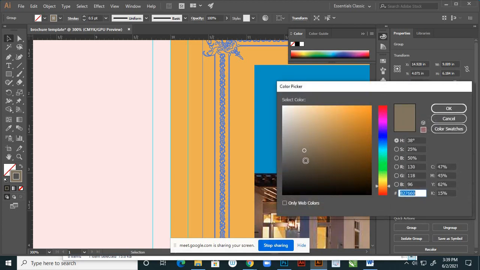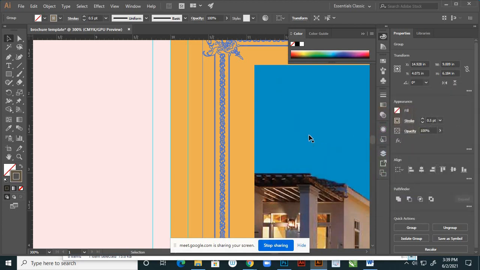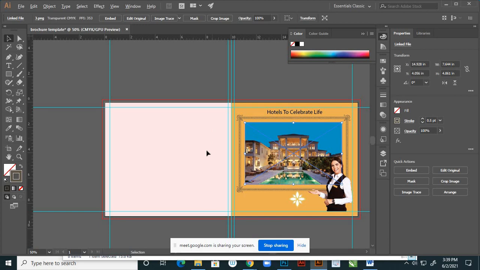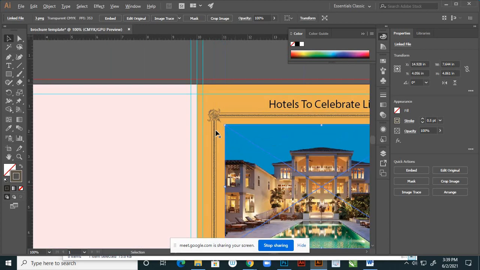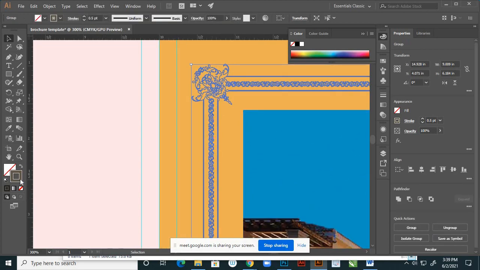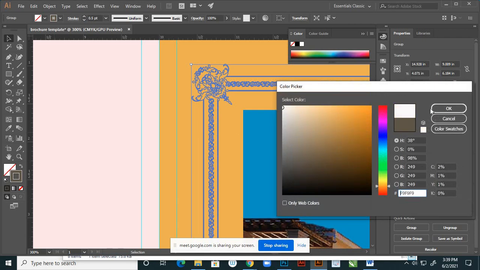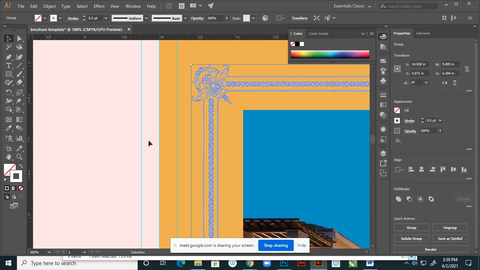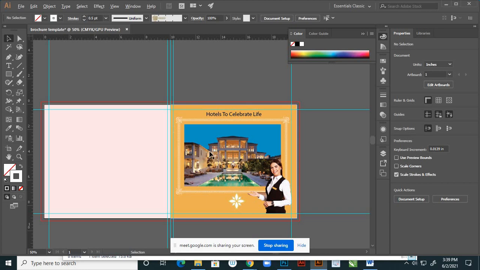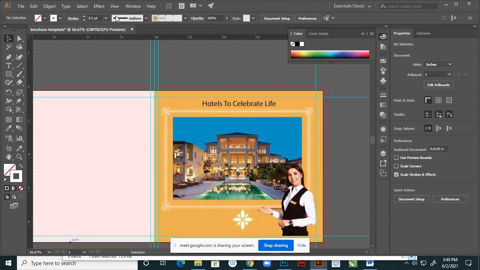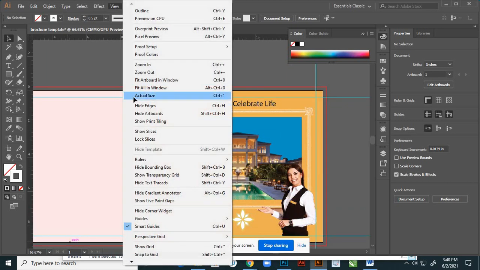We'll check, we have to experiment actually. Yeah, this is and dark, right? The same thing if you use with a very light portion. We'll check with the actual size, View and Actual Size.